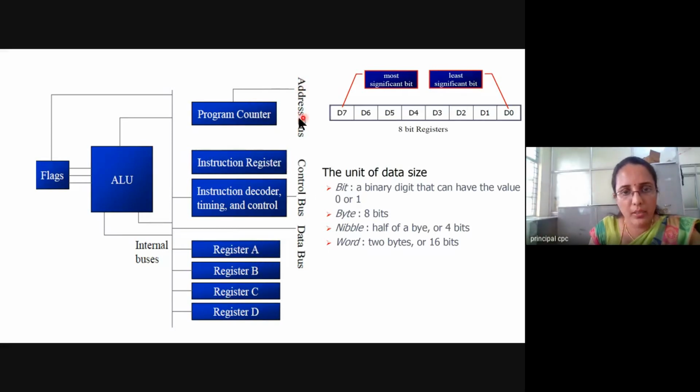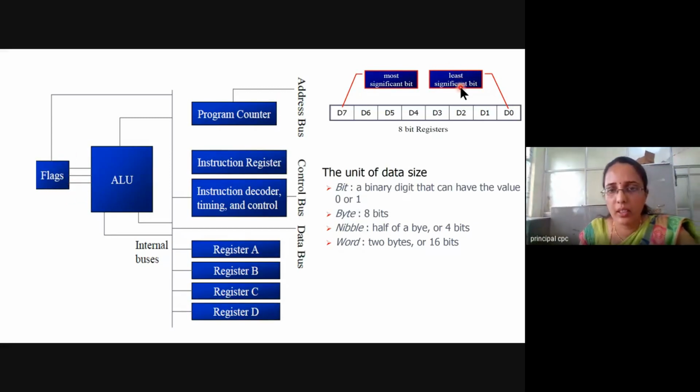As you can see here, there is the program counter, the address bus, the control bus connected to the instruction decoder, and the data bus. ALU means arithmetic logic unit. As the name itself suggests, it performs all arithmetic operations, logic operations, and data transfer operations. Overall, the processing of data is done here. Then there are flags. Flags indicate something, in the sense that a condition or result will be reflected in the flags.